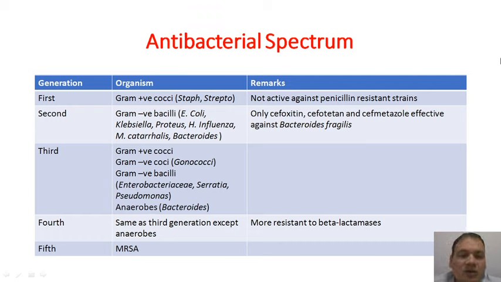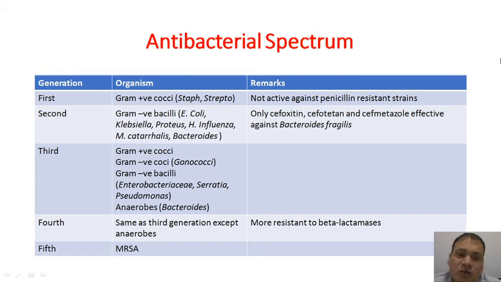Cefoxitin, cefotetan and cefmetazole are effective against your Bacteroides fragilis. Please remember, among the second generation cephalosporins, only these three are effective against your Bacteroides fragilis. Okay. In third generation, we have seen that they are active against your gram-positive cocci, also your